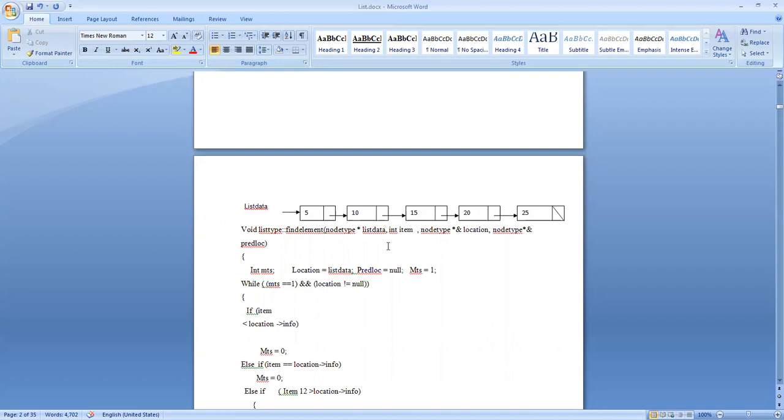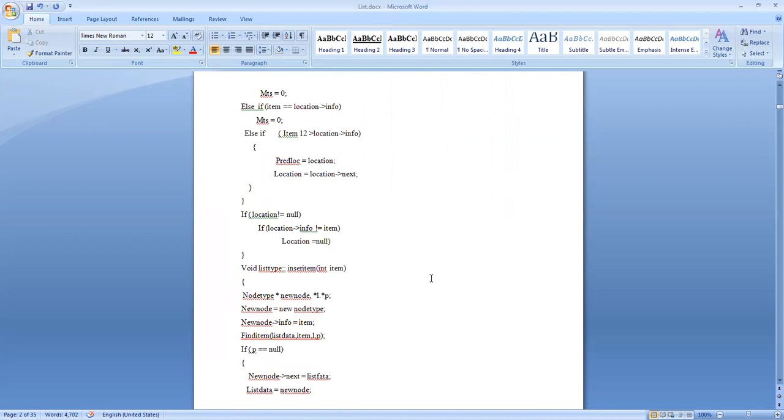Then the new node is somewhere here. From P reference next, I give a connection to the new node. From new node next, I give a connection to P next. So first of all, the value of P next, if I am inserting 12, is given to new node next. Then P next is made to point to what new node is pointing. This I will do.